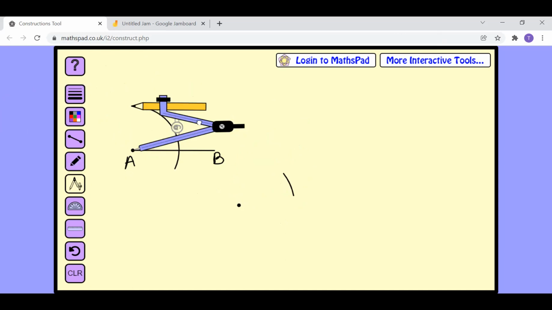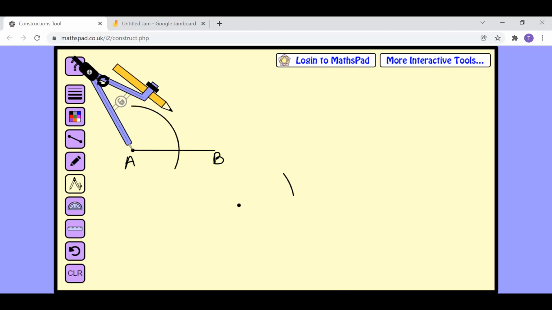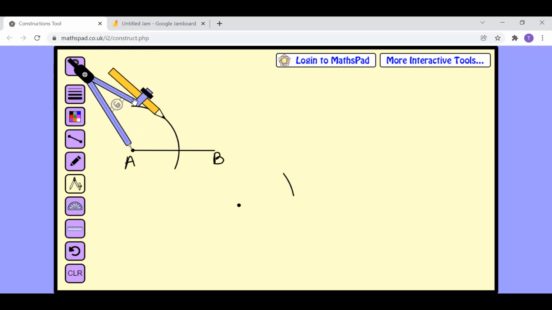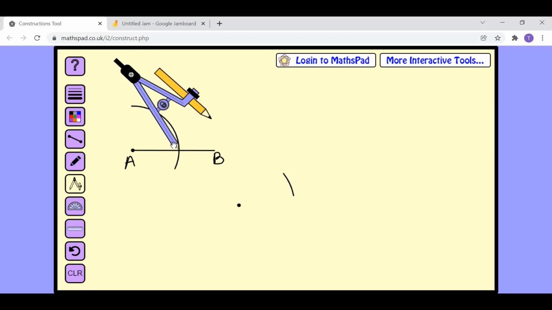Now you will take your compass. Take any length from here. Any length. But after that, you will take your compass, drag it from there, lift it from here and place it at B. Okay? At this point, it's not called B. We will name it as C. We'll name this point as C.